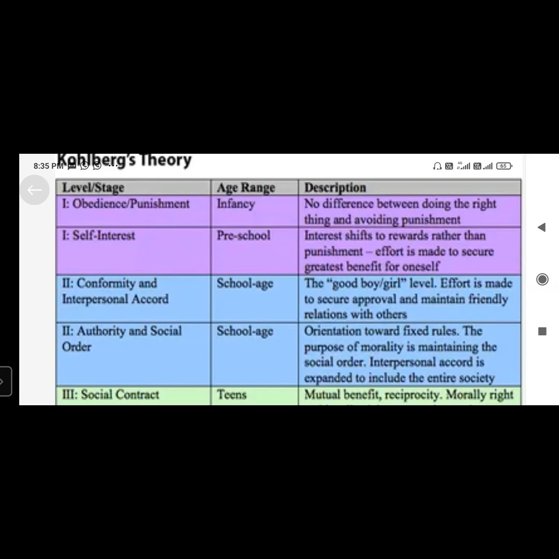Now at this particular age of 4 years, 5 years or maybe 6 years, the child is not aware of what is right and what is wrong. He got attracted, that is why he took that particular pencil. He is not aware what is stealing, what is right, what is wrong. But here,